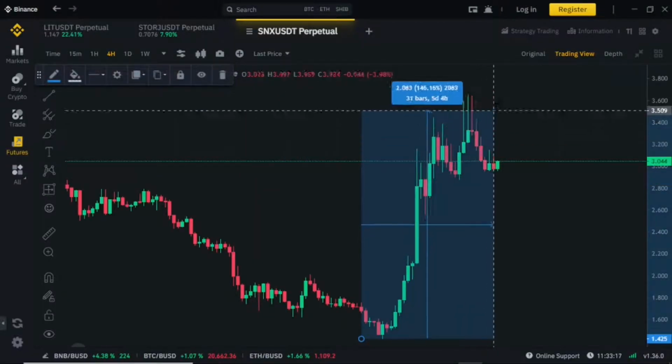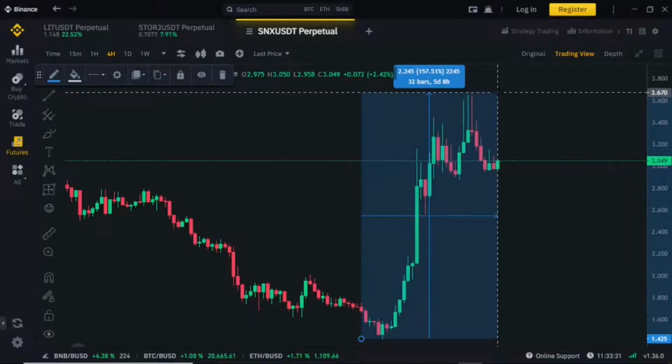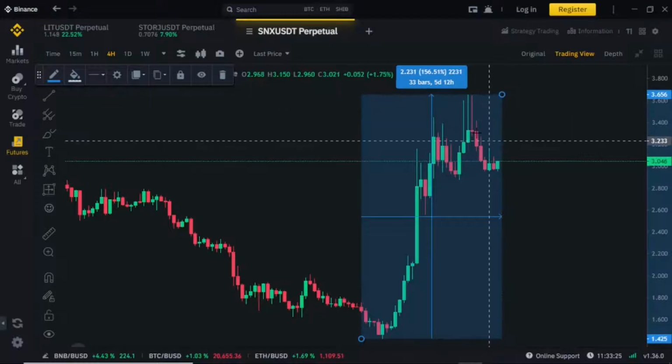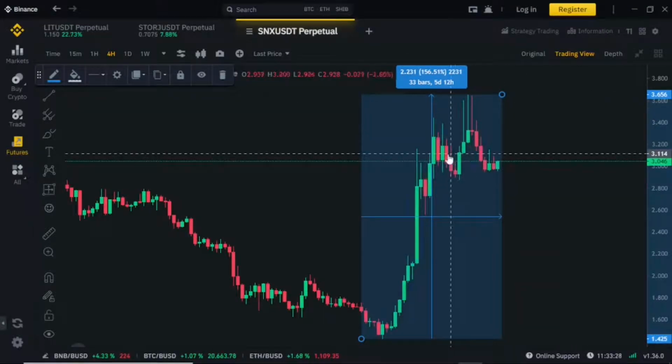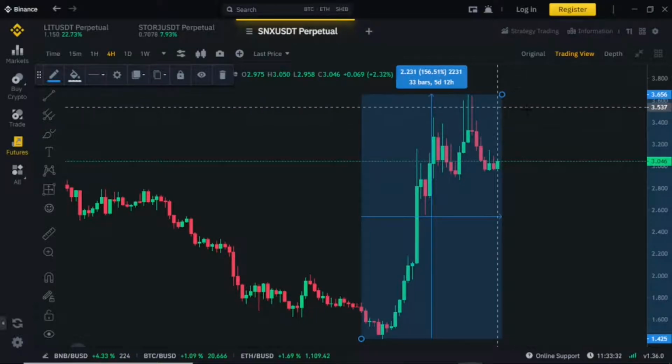And finally, it bounced up by approximately 156% to complete its standard circle of bullish trend operation at the highest price of the bullish trend, which is